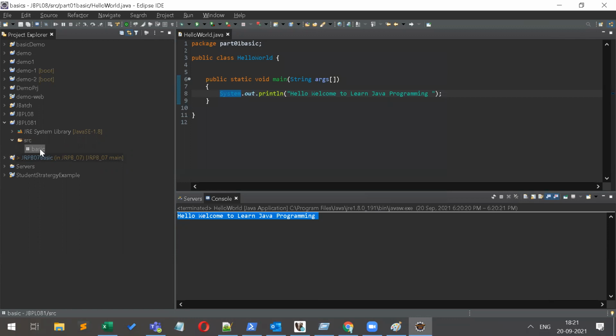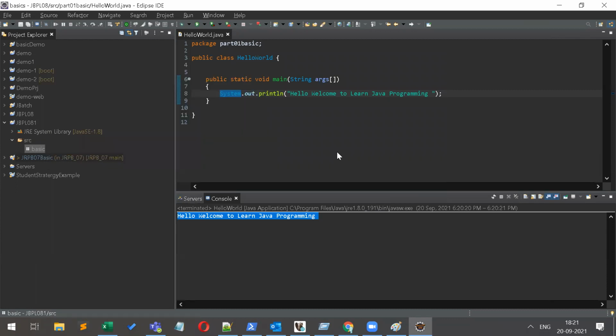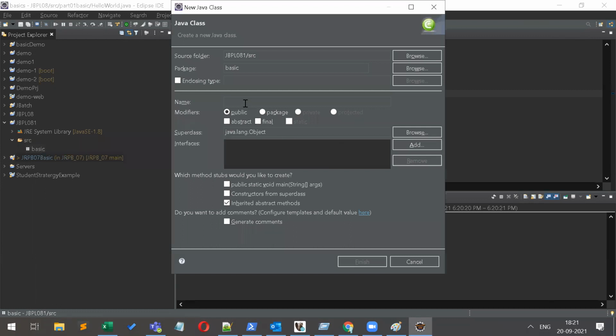Right click, then I need to create a class, so right click on the package, New, Class, and give it any class name, but the first letter must be capital only.